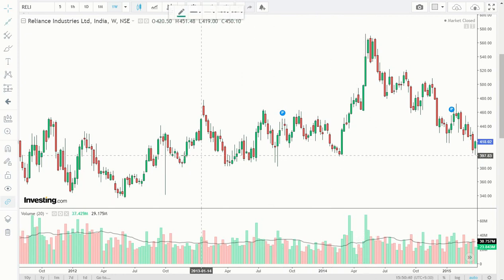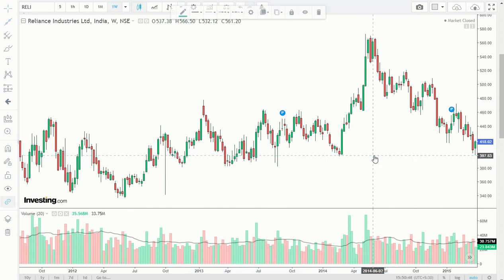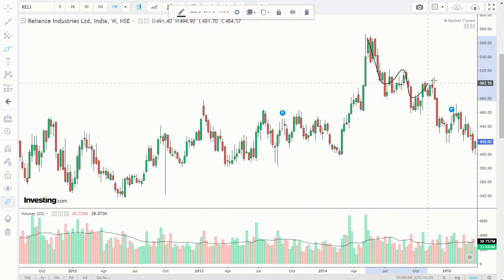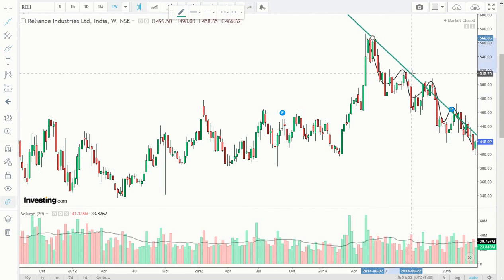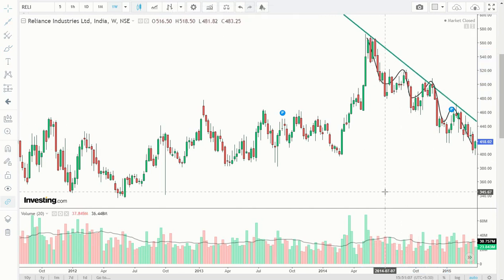Already I know that the prices previously, whenever they came to this range, were being supported. So this was anyways a good range to buy, but let's keep it out of scope. Let's say just by trend lines, I had to buy. Now how were prices going? Prices were going like this, down, down, down, right? What I will do for the trend line, I will join the topmost point, this point and this point, but it broke this. So I'll join this point and this point, and this is the trend line that I get.